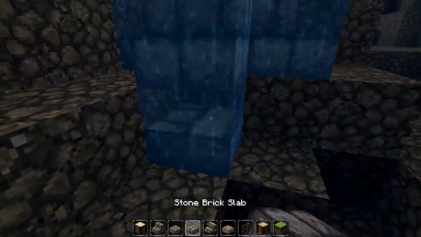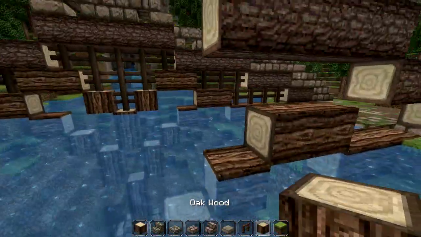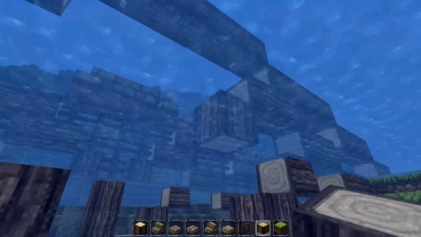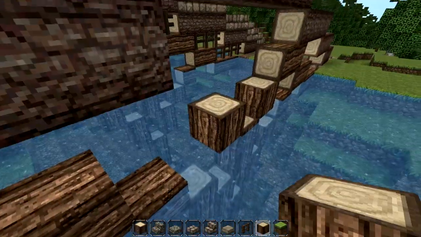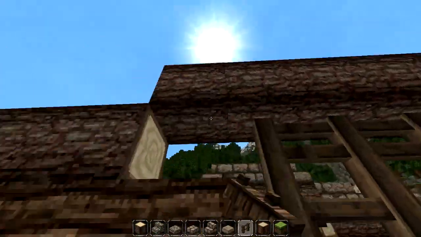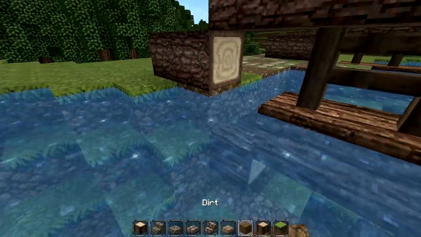So yeah, of course we need to support these, and then we're done with that side. Let's finish up the bridge on both sides then. So we have 2, we've got 1, and we've got 2. So 1, and then 2, and of course fill this again with fences, and this as well with fences, and that should be